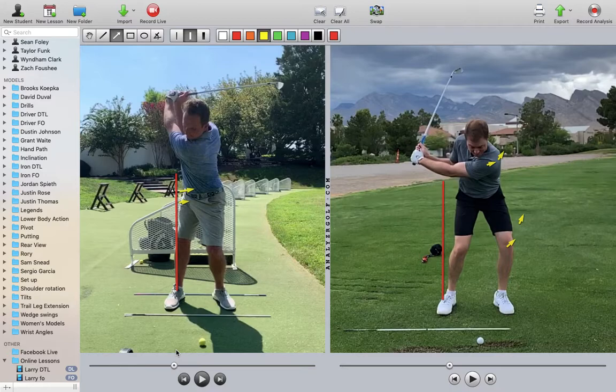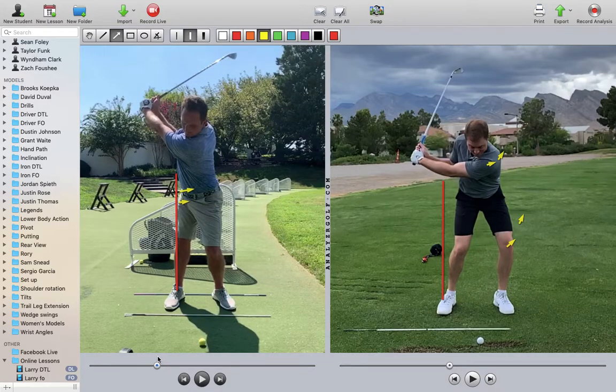So I'm assuming this is a 6 or 7 iron, and I don't see very many players with a 7 iron or 6 iron at parallel in the backswing. I would expect this to look more like a driver swing. So again, your shoulder turn is probably complete in this ballpark somewhere, right in there. And then we'll be able to manage both lateral and rotational aspects of your downswing in a little bit more